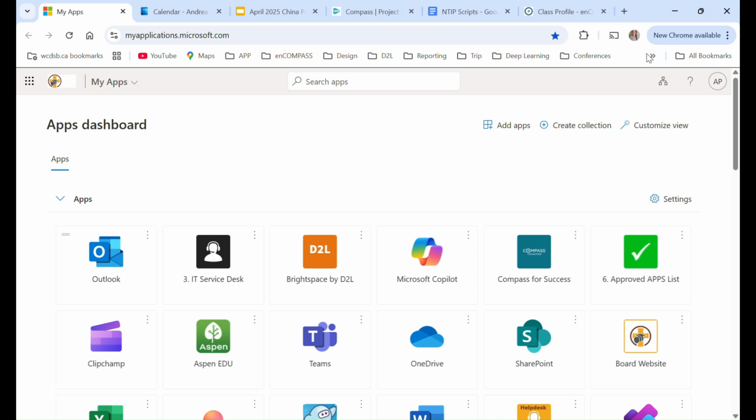In order to get to Compass for Success, you're going to go to My Apps and look for the little turquoise icon here. Click on the icon and it's going to prompt you to a screen that you're going to enter your login credentials. So you'll enter the same login credentials that you use for logging into your board